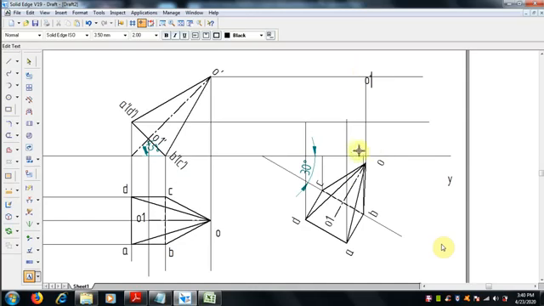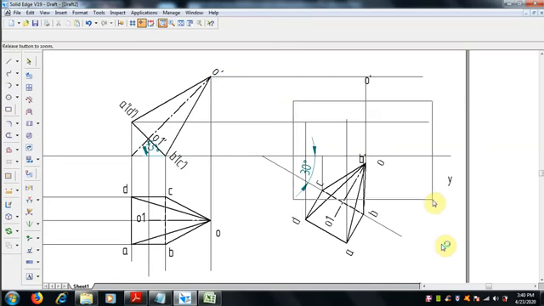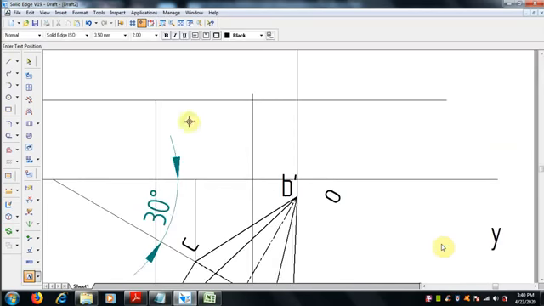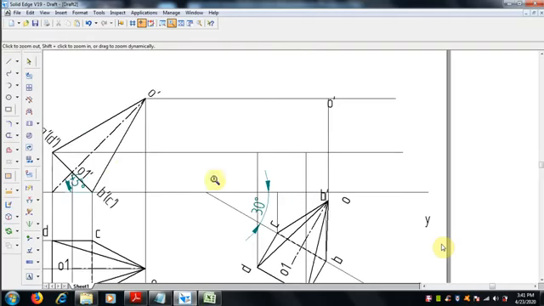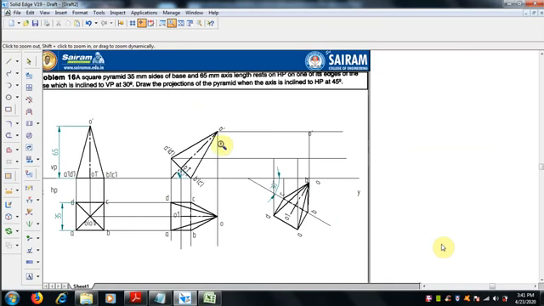So B, here it is B dash, and A dash will come over there. We can trim it off and we can write B dash. Next is A dash, C dash and D dash, all front view we have to type.